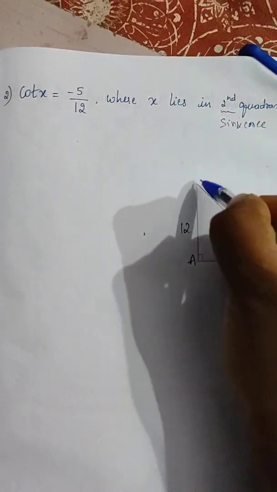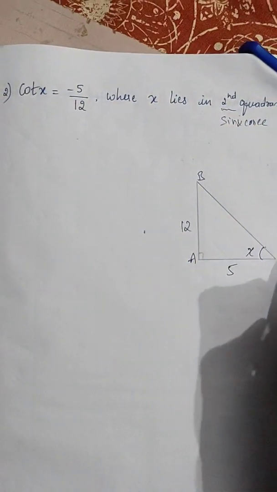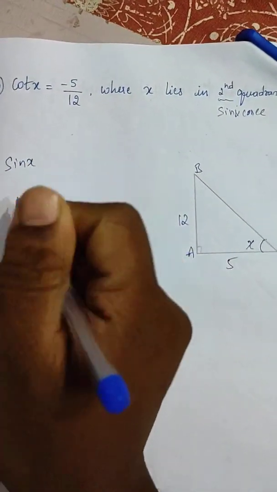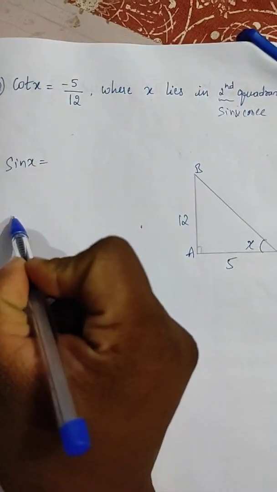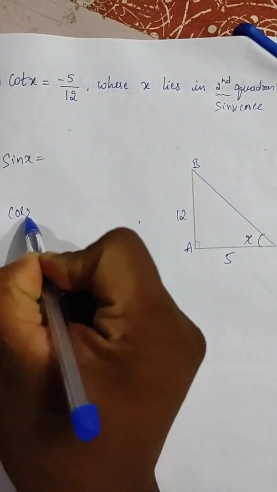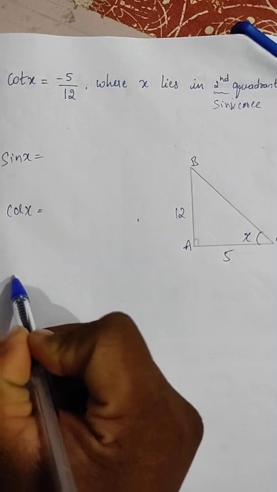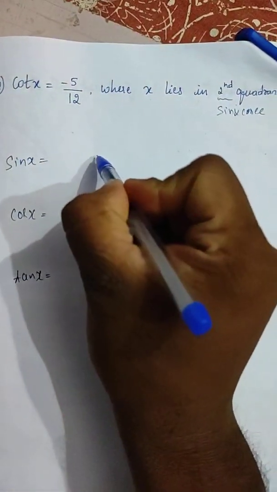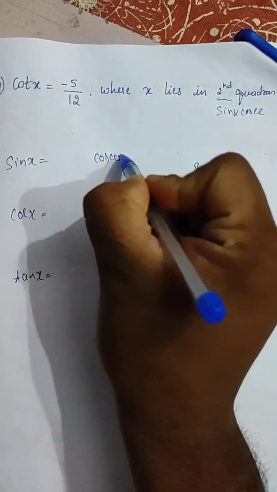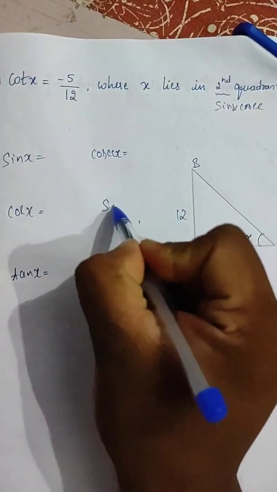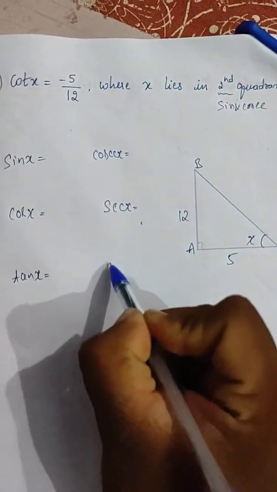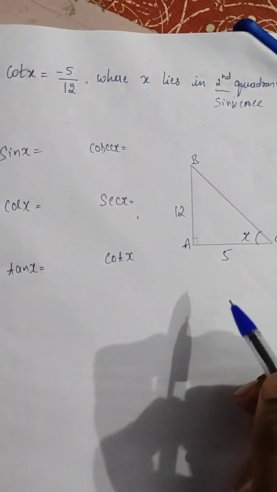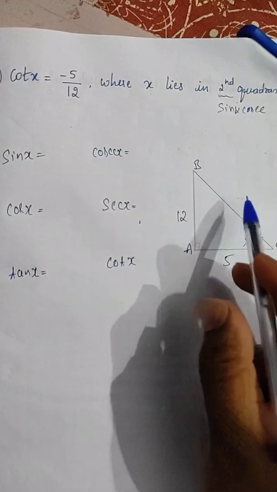Before that, so we will write the other ratios: sin x, cos x, tan x, cosecant x, secant x, cot x. Is it clear? To find the hypotenuse,